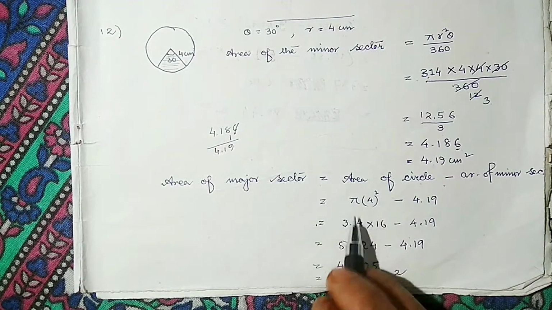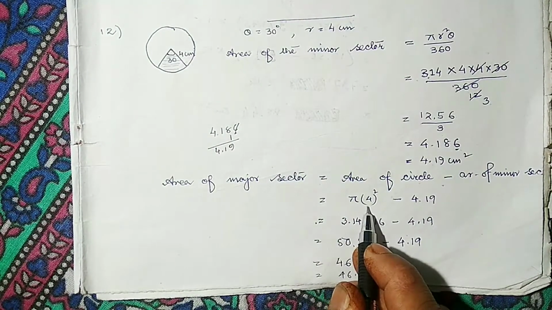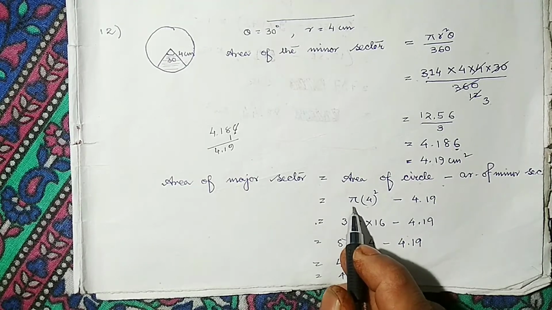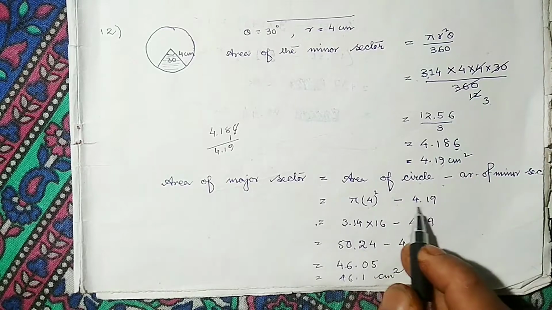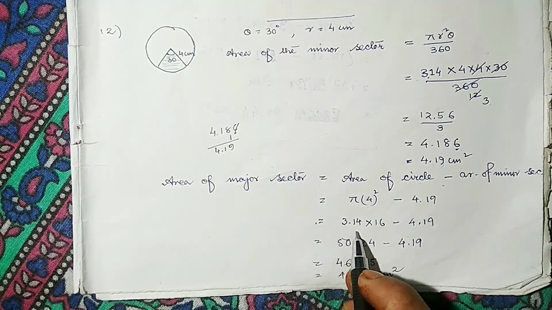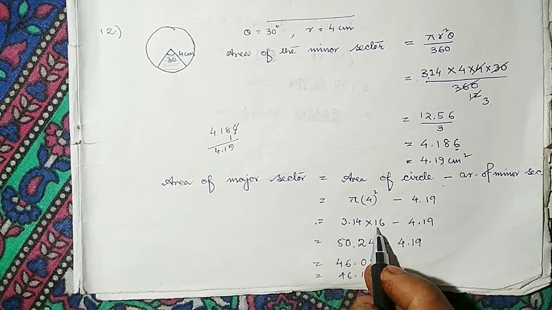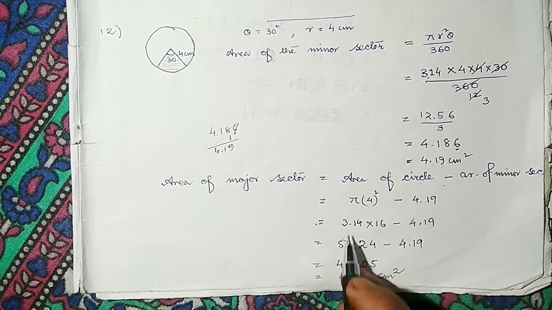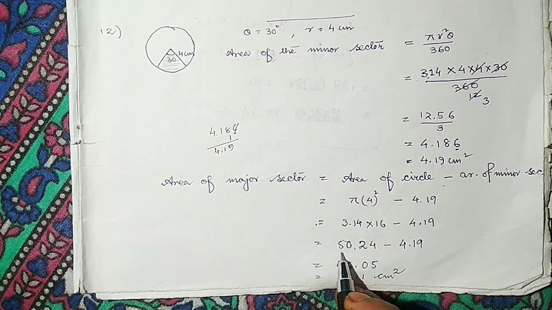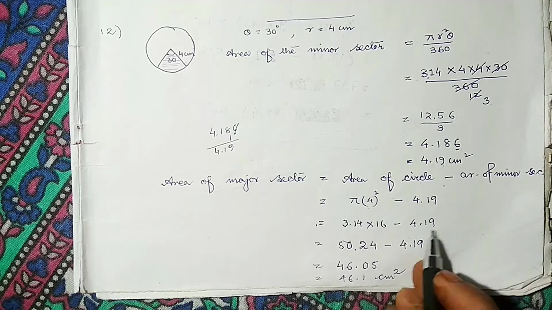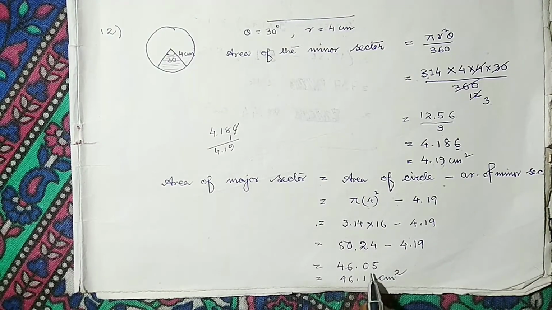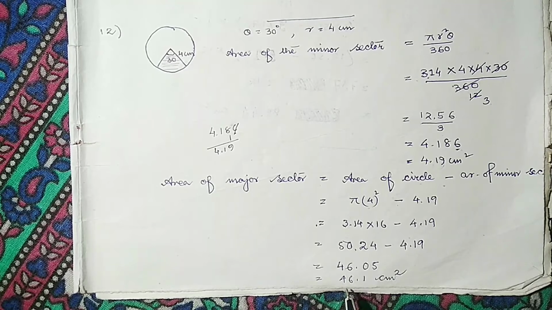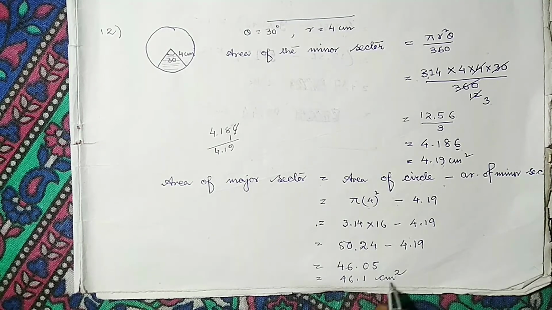Now area of the circle, we know the formula pi r square, and here radius is 4. So it will be pi 4 square minus area of the minor sector, which is 4.19. Pi is 3.14 into 4 square, 16, minus 4.19. If I multiply these two, I am going to get 50.24 minus 4.19. On subtracting, it will be 46.05. If I round it, then I am going to get 46.1 centimeter square, and this is the area of the